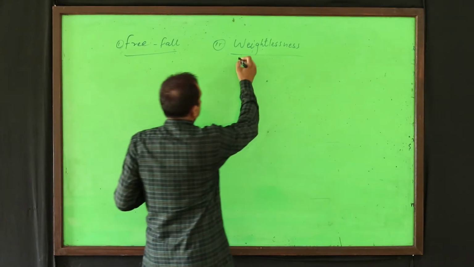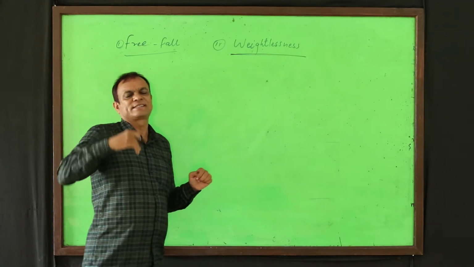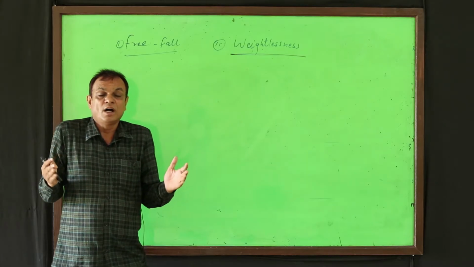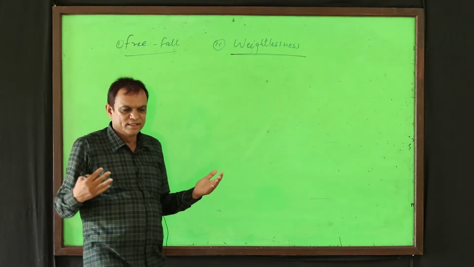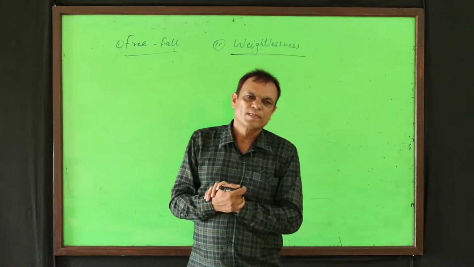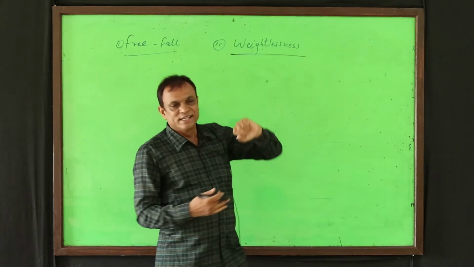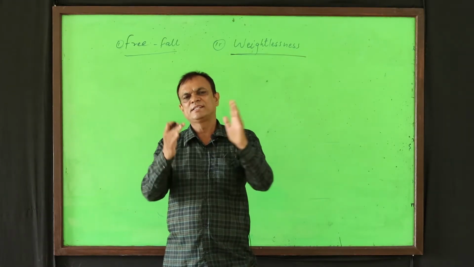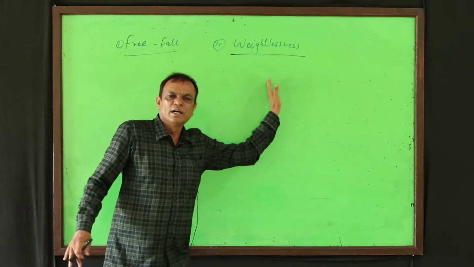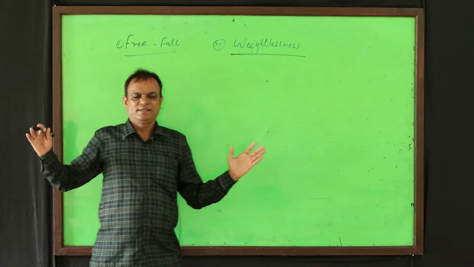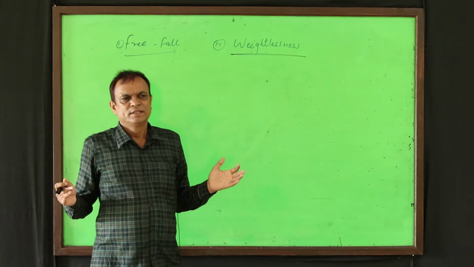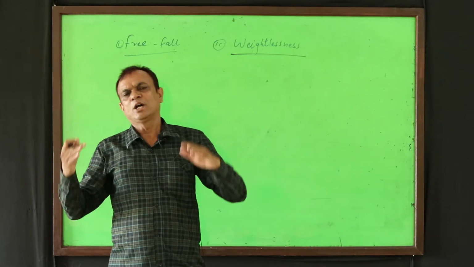Okay. Now the next term, weightlessness. What is weightlessness? This is not the offline class. If we were present in a general science class, we would discuss weightlessness, free fall and other terms. But this is a one-way class, an alternative teaching process. So I will only explain weightlessness. It means if the weight of the body becomes 0, if the body doesn't have weight, that is called weightlessness.